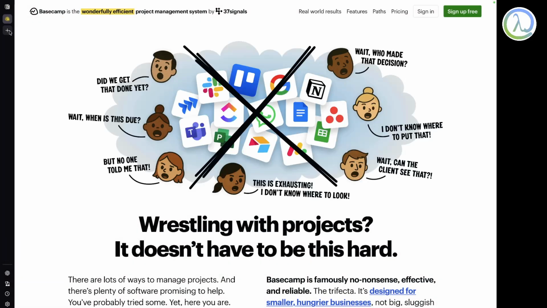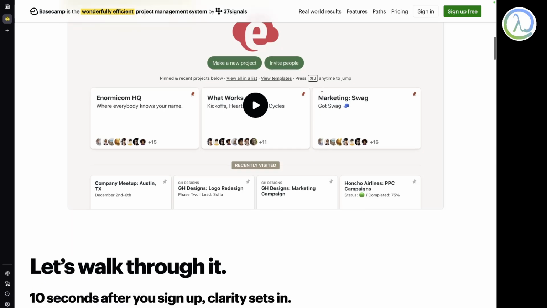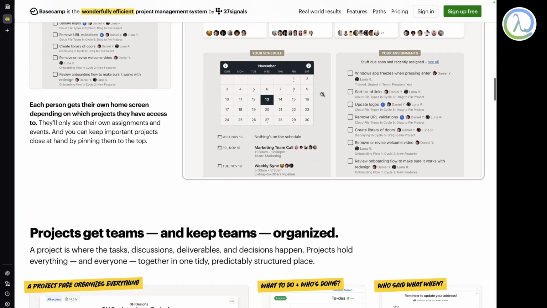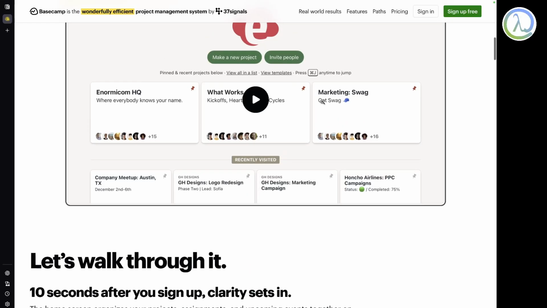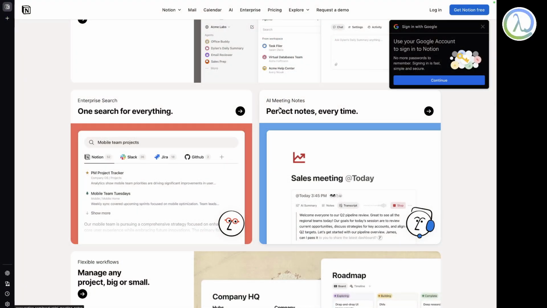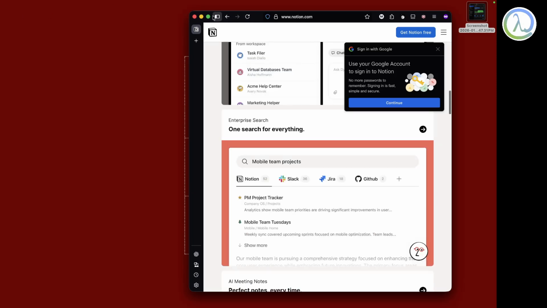This is Basecamp, and they're even saying that you don't even need Notion. That's a very, very bold claim, right? But I like Notion. I also use Basecamp. It is also good. Not a problem.